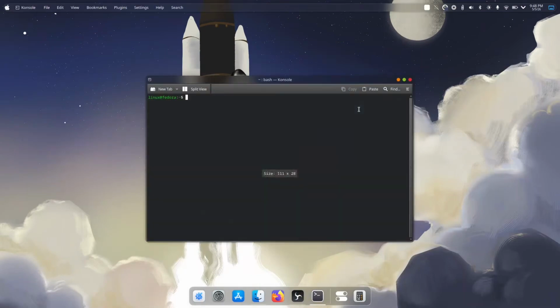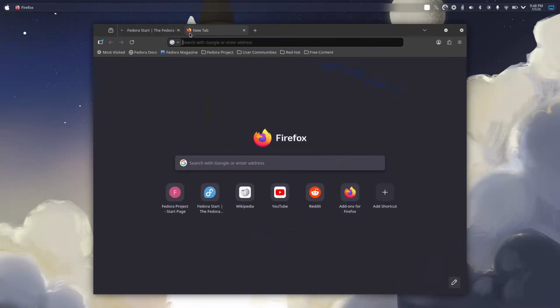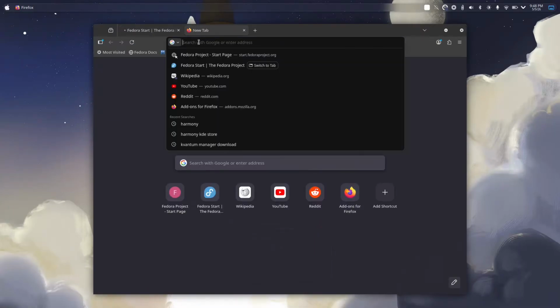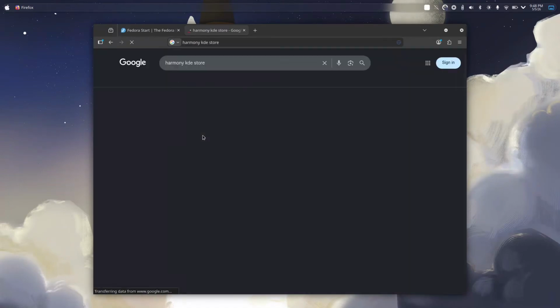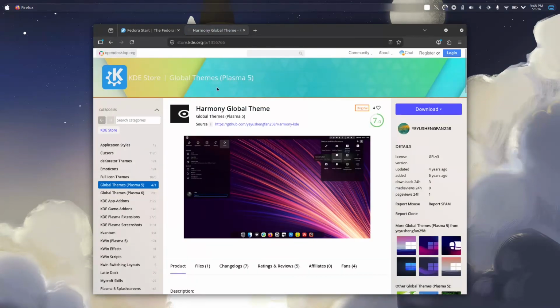Okay, so now you want to install the Kvantum manager. Just as I showed you earlier, I already have it. So all you have to do is look for the command for your specific distro, and then we'll go to the KDE store. We're gonna have to pick a theme for the Kvantum manager, choosing the Harmony Kvantum. That gives your Dolphin and some settings across your desktop